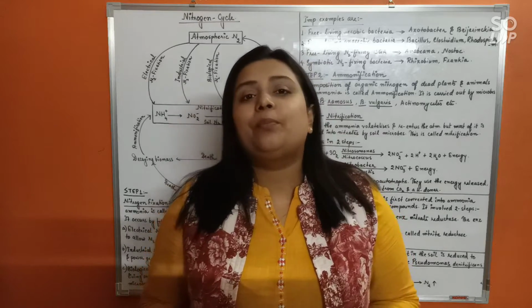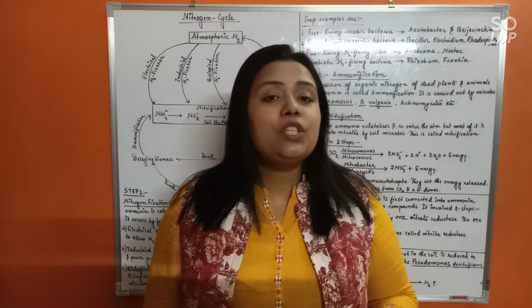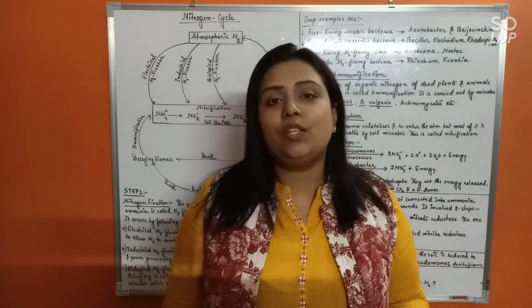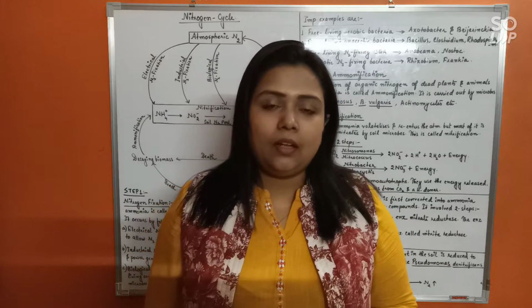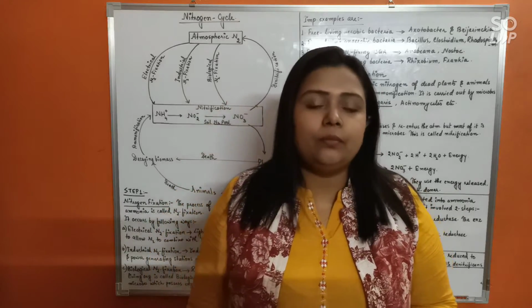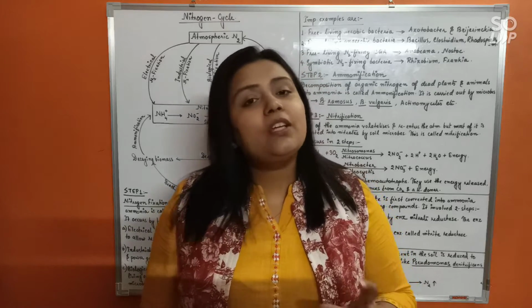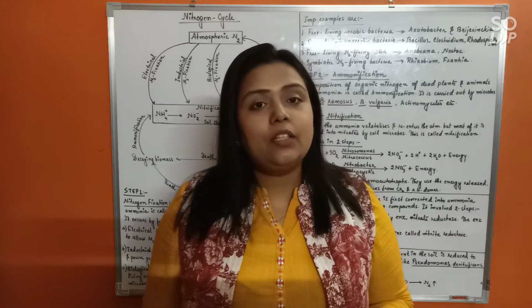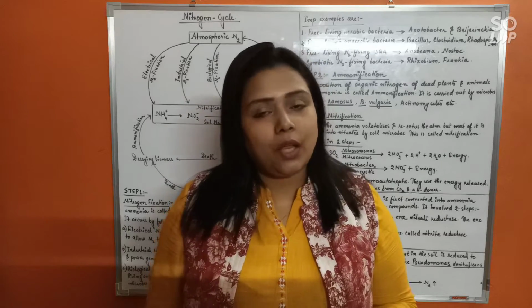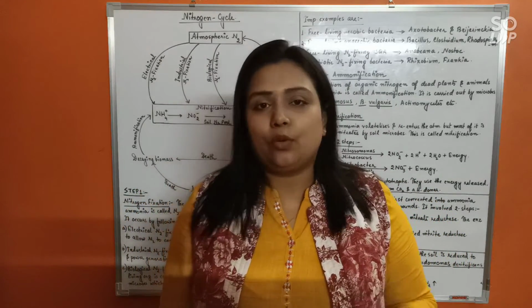But you would be very surprised to know that there are certain elements in the soil which are always found to be in a deficient state compared to what is actually required by the plant. That means in whatever quantity the plant would require them, they are always present in less than that. So we call them critical elements. And the most important critical element is going to be nitrogen, followed by phosphorus and potassium, but the most critical element is nitrogen.